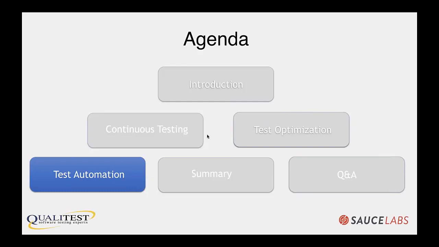Gerie basically gave you all an overview of your continuous testing strategy and how you should implement it, and I'm here to help you better understand how you should implement test automation so that it fits better into your entire continuous testing strategy, so that you can get closer to the continuous delivery unicorn.